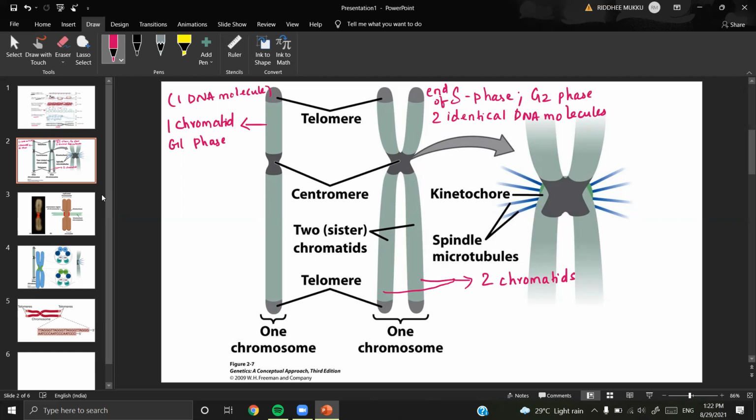Got it? And remember that a functional chromosome should comprise some most important parts. What are those parts here? The first thing is that a functional chromosome should have a centromere, and a functional chromosome should have a telomere, and a functional chromosome should even have an origin of replication also,